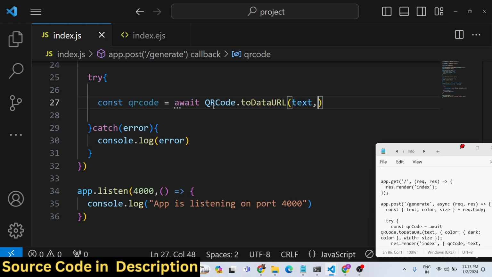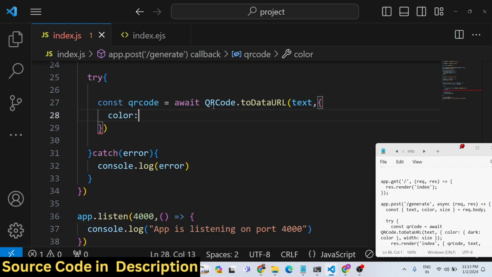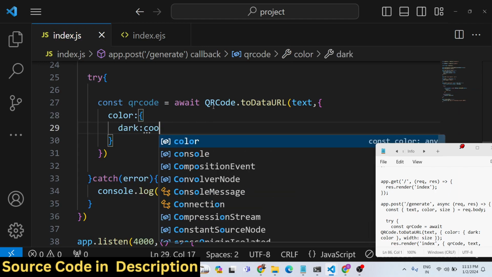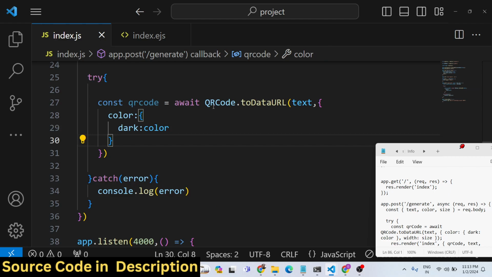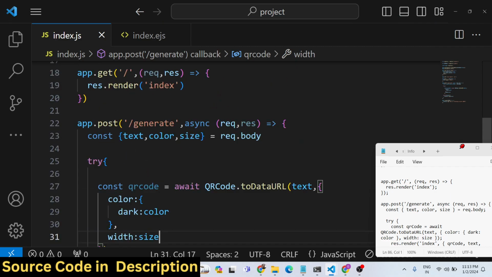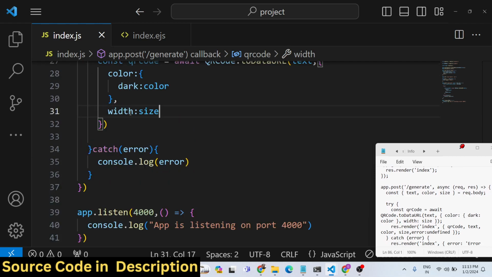We will provide the text, and also we will provide the color option. So inside color there is an option of dark. We will provide the color which the user has selected, and then we will put a comma. The next option is the width, and it basically takes the size, whichever size the user has selected. So after providing all these three things, we will simply now